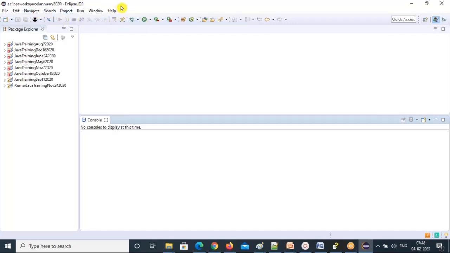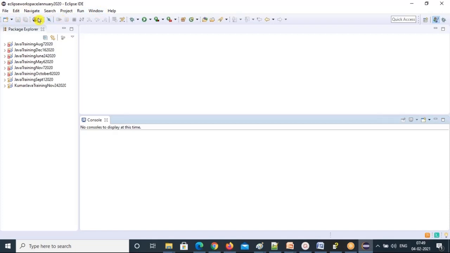You can create a new item from this toolbar, and you can run your test script using this green bullet icon, and you can run in debug mode with this bug icon. You can create a package, a class, a folder. So many things you can do, the same way as with the File menu.